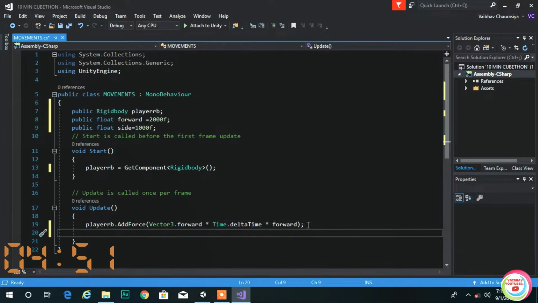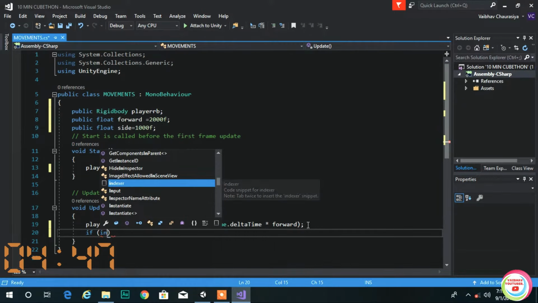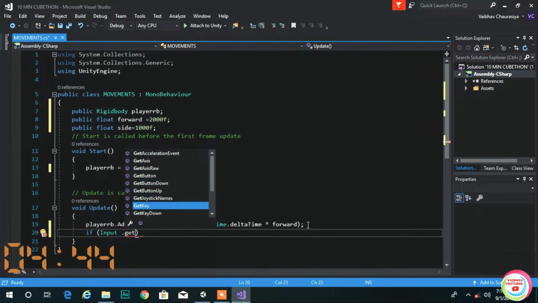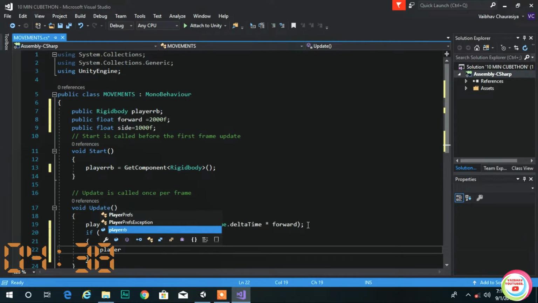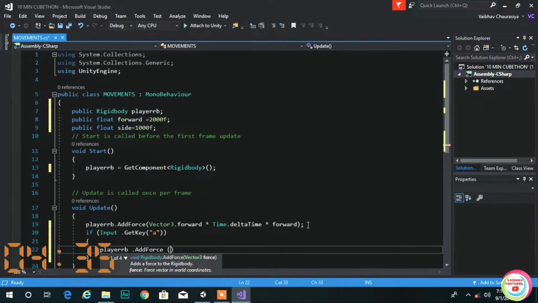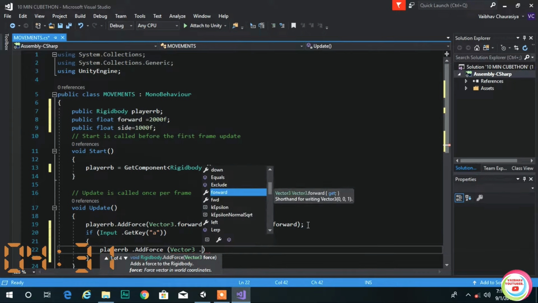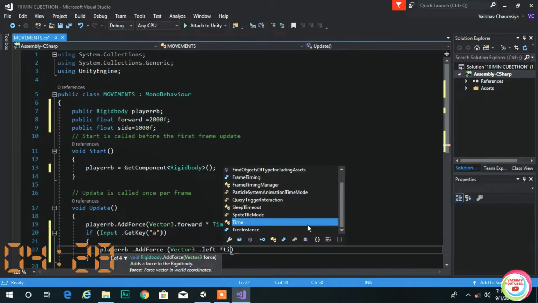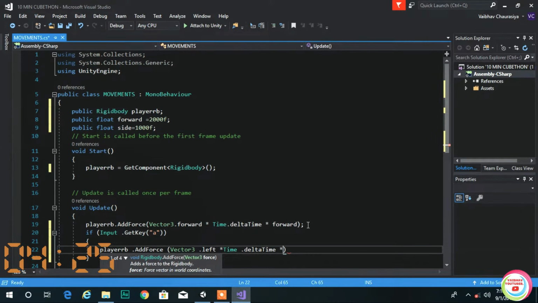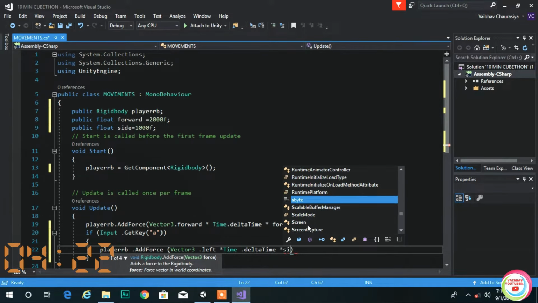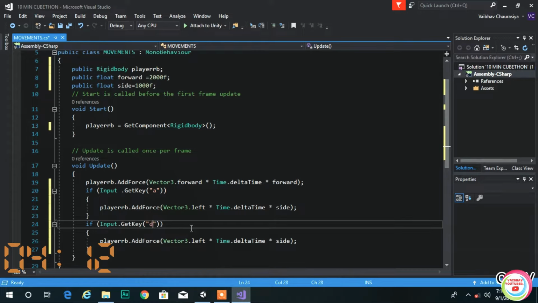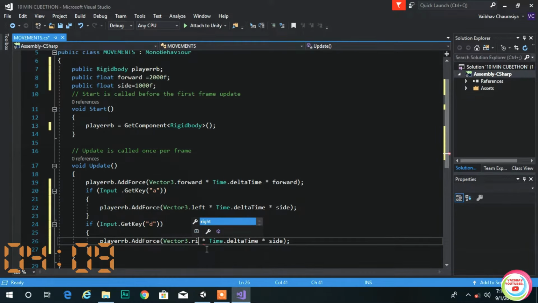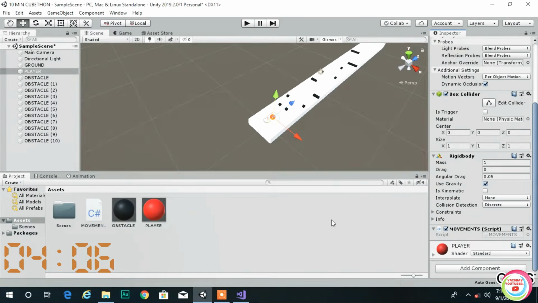And after that we will write if Input dot GetKey A, player RB dot AddForce Vector3 dot left multiply by Time dot deltaTime and then multiply by side. And copy that, change the key to D and Vector3 dot right, save it, head back to Unity,